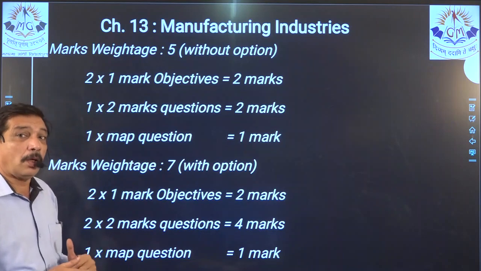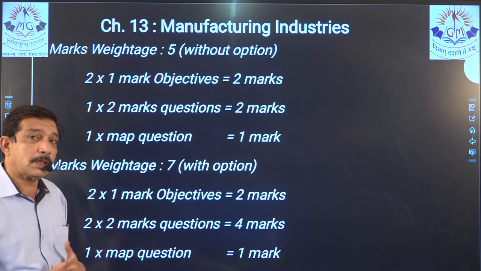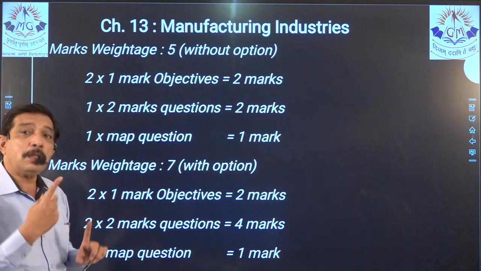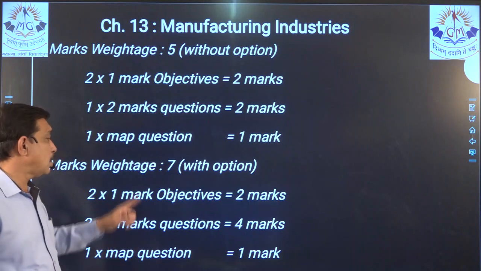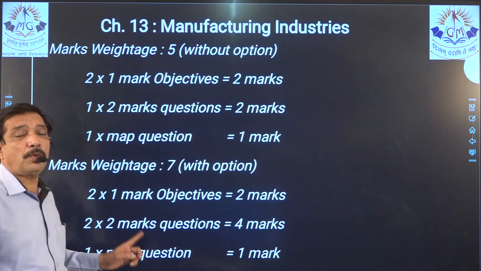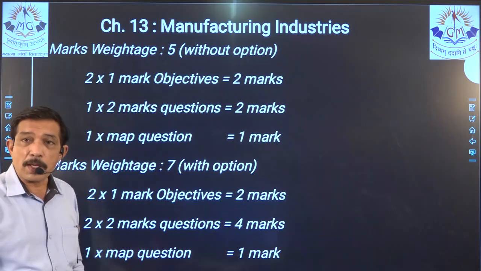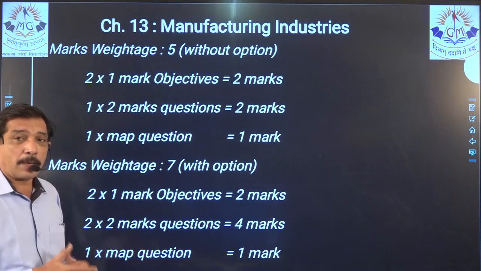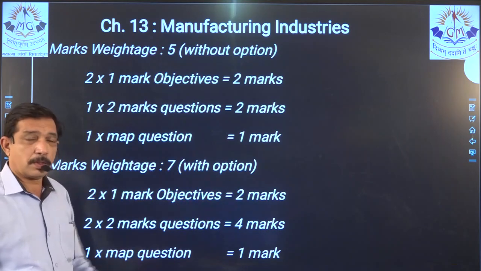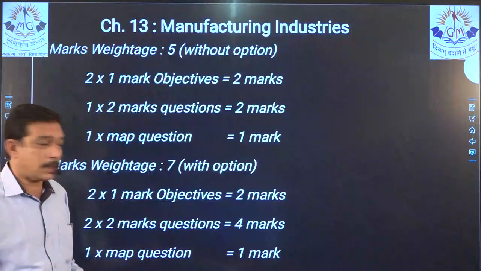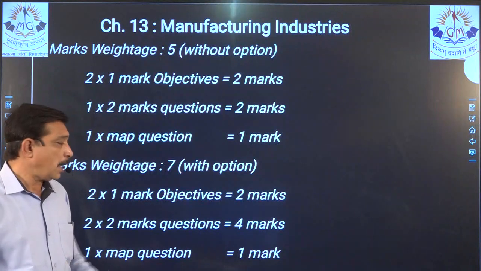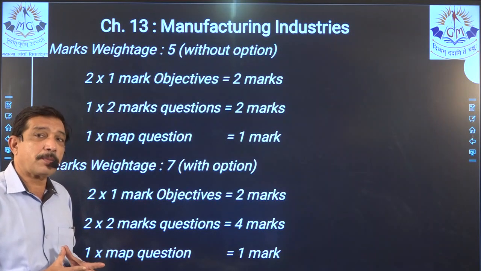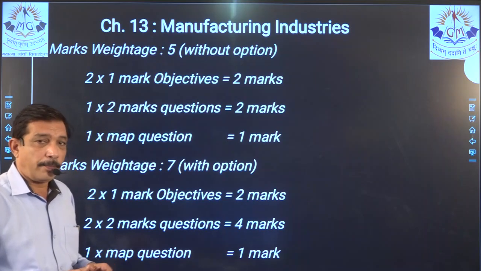This is compulsory. Now if you see the general options, 12 questions are there, where 1 question is compulsory. There will be another question also from chapter number 13, so we will have 2 questions of 2 marks each, making a total of 4 marks. So if we are prepared thoroughly with this chapter for 2-mark questions, and the objectives are in our hands, that means we can easily answer them. 4 marks will come from here and 1 mark for the map. So we will get a total of 7 marks completely from this chapter if we prepare ourselves properly.